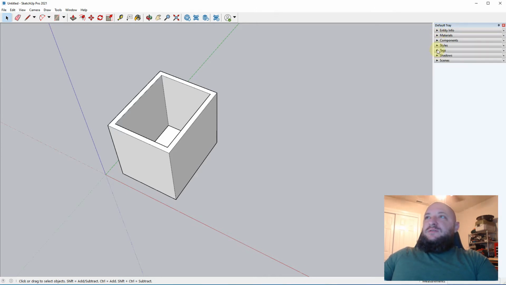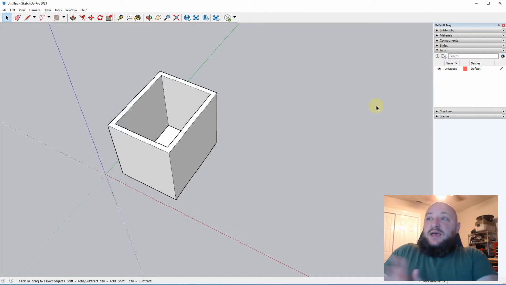So there's this menu called Tags. And tags used to be what SketchUp called layers. They are the exact same thing. They work in the exact same way if you're still using Make 2017. And so what you can do is you can open up this tags menu, and right now everything is on